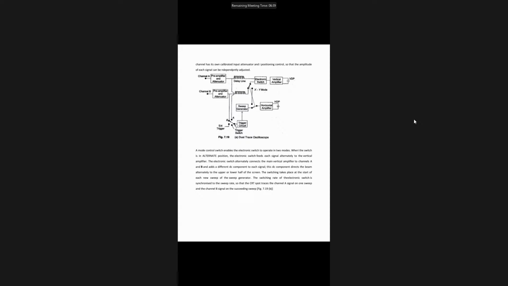Right. In our lab, you will see that we are having the DSO, digital storage oscilloscope. These are dual trace only. Okay, we are using. So as you can see in the diagram, we have the two channels, channel A and channel B. Both are having the preamplifiers and both are having the delay lines, but simultaneously